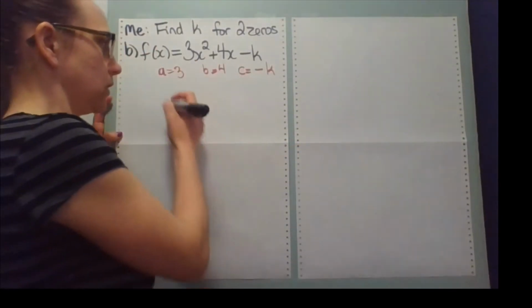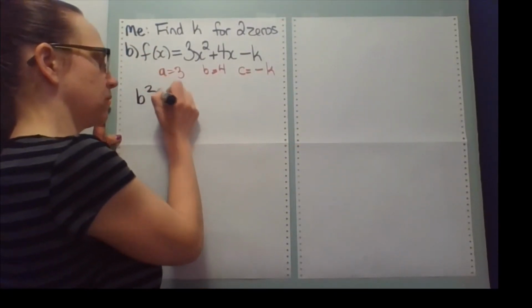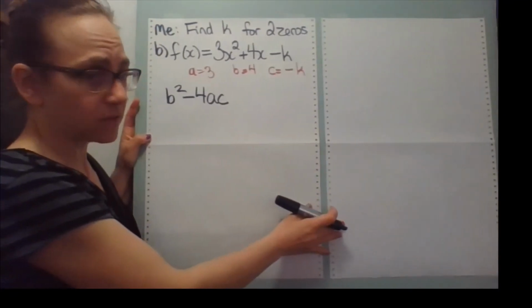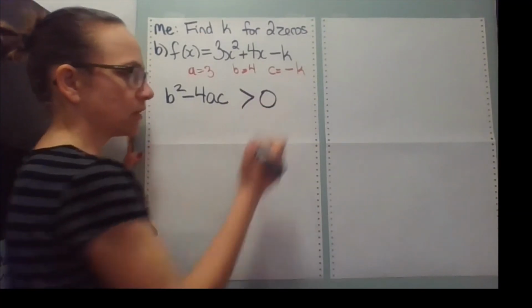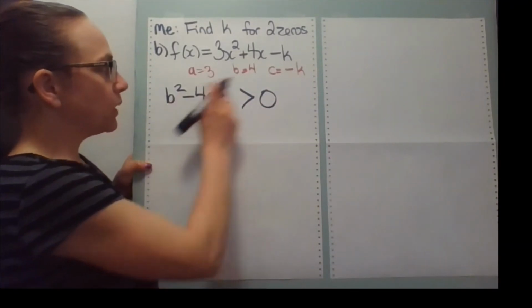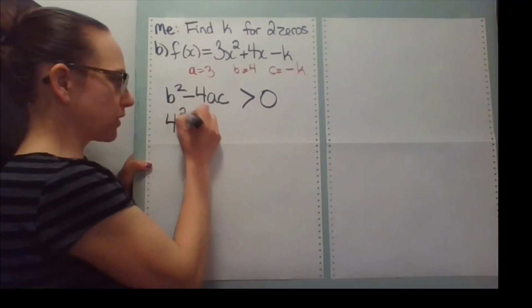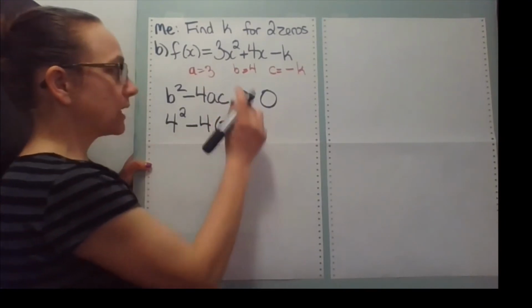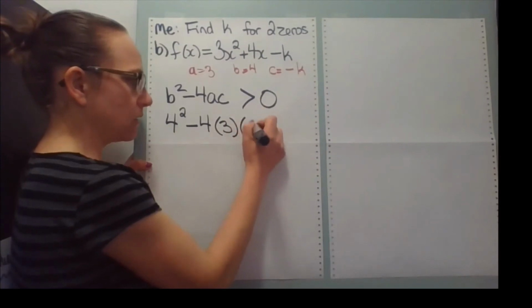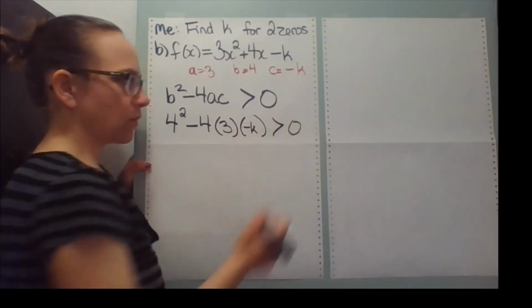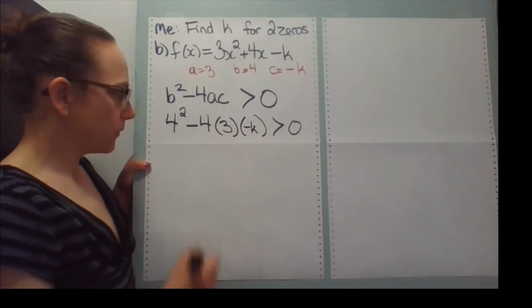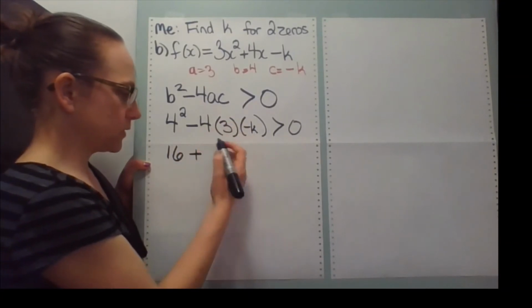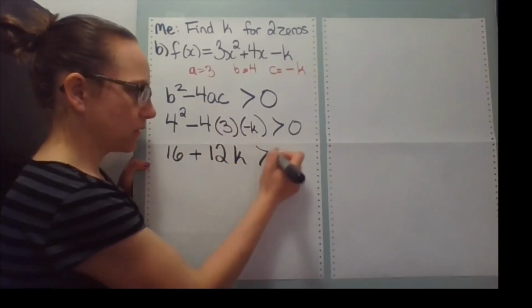Discriminant, let's write that out. We know it is b squared minus 4ac. And in order to get 2 zeros, I need to solve this for when that solution is greater than 0. Okay? So b is 4. So we're going to have 4 squared minus 4 times a, which is 3, times c, which is that negative k, and I need my answer for when it's all greater than 0. All right. 4 squared is 16. Negative times negative is a positive. 4 times 3 is 12, k,